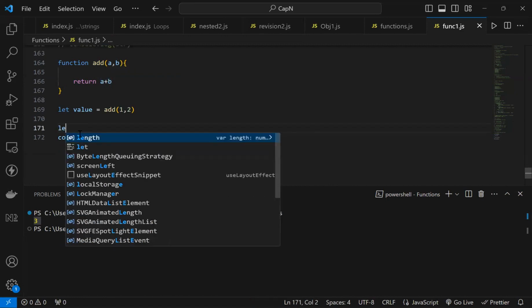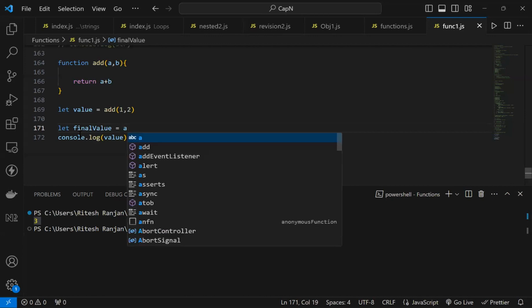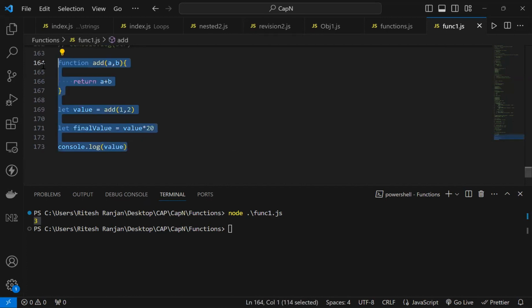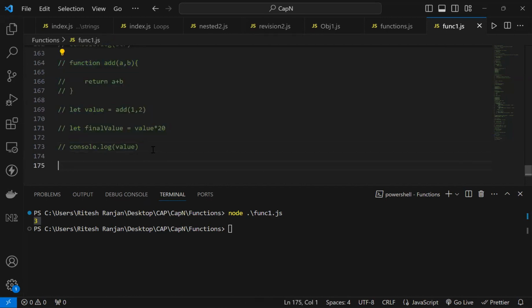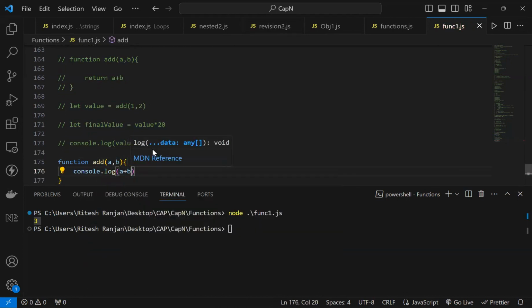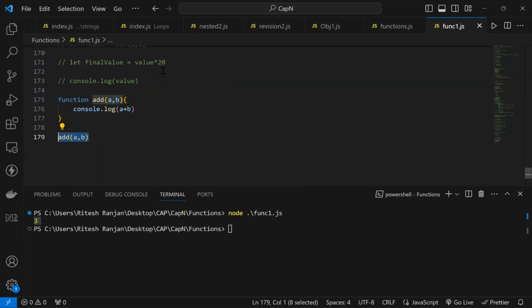So let's say I have to do a final value equals to value into 20. I have to do something like this. So rather than writing a return, अगर मैं जाके if I write a function add a comma b and I do a console.log a plus b